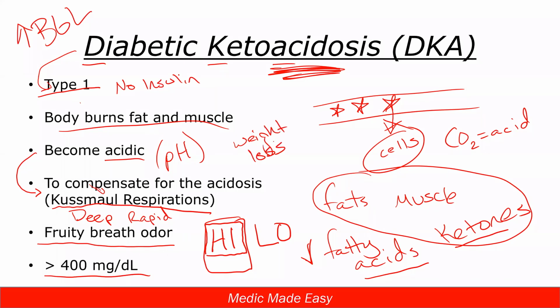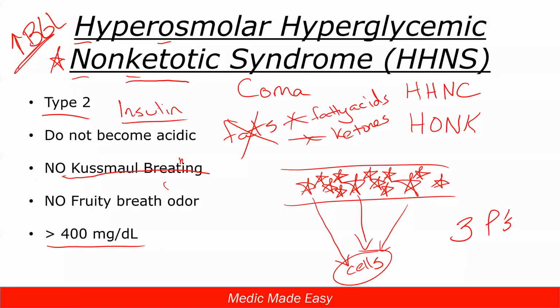Another one with hyperosmolar on type 2: remember type 2 we said is usually a little bit more lifestyle induced, lack of exercise, poor nutrition, those big ticket ones. So you're more likely to have weight gain. We're not burning down fat to try to make energy. So because we're not burning down the fat, we get the weight gain associated with this one. So it's another variable that can help you differentiate between these two progressions of type 1 and type 2.